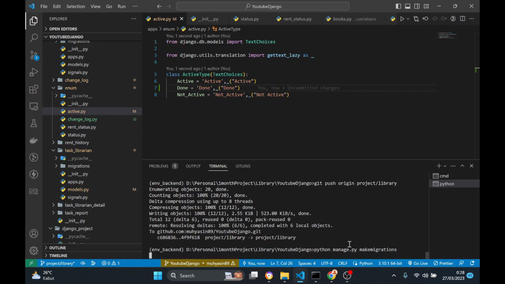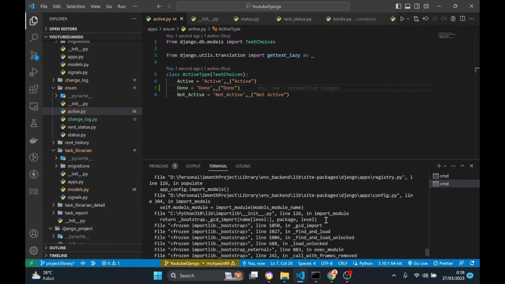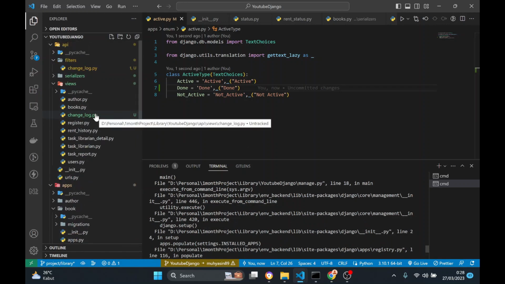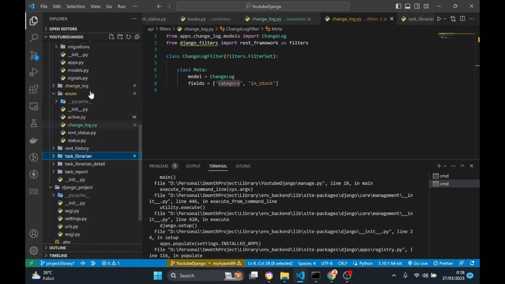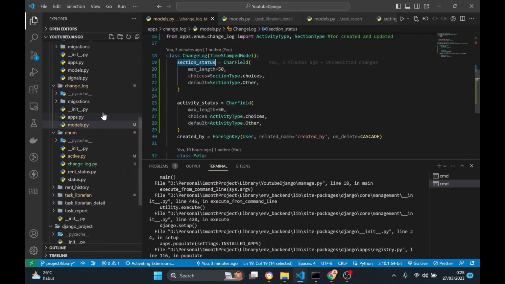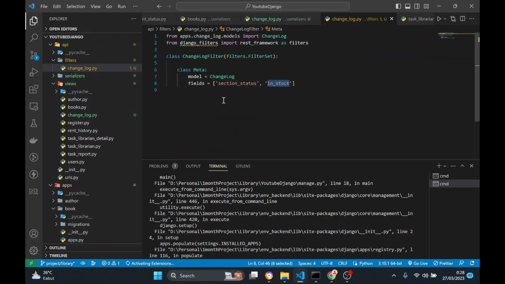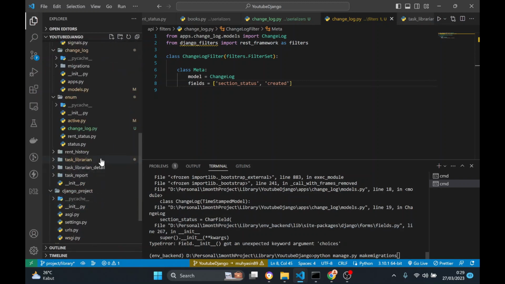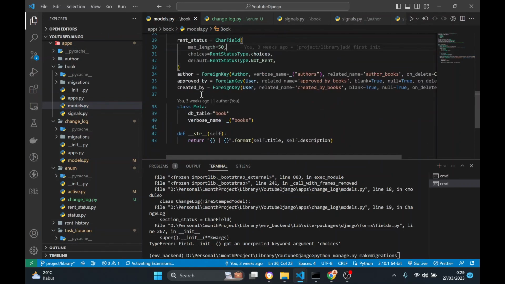The other one is we're going to make a migration in here, and you can see that. Okay, choice. So there's a problem in choice, and as you can see, we're going to have this one. Check in. Change into sections and create it. Still choice is the problem. Okay, in here, I'm going to say that